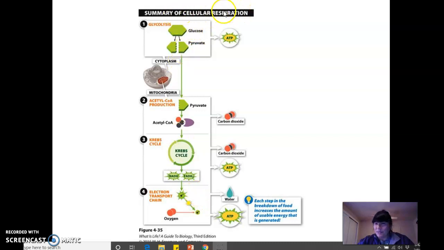So, cellular respiration. Breaking down sugar to release ATP, then our cells can use ATP for work. Okay, so glycolysis, breaking down specifically glucose. So when we break down glucose into pyruvate, we release ATP. Not that much ATP, but a few ATP molecules. Then pyruvate gets converted into this thing called acetyl-CoA. This happens in the mitochondria. So we said the mitochondria are like the little power plants. They're the energy for the cell.